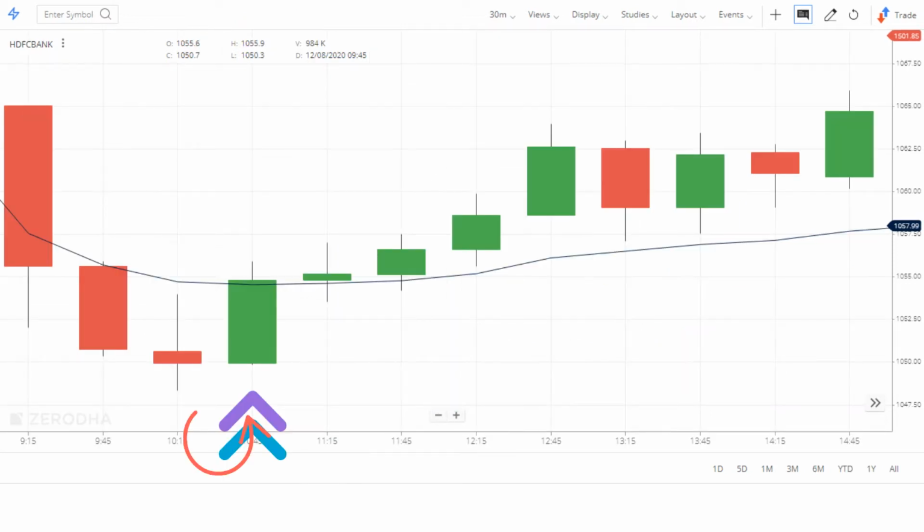The VWAP can also help a trader to gain insight into where the momentum is at a specific time frame. For example, assume a trader has taken a short position of a stock because there was a constant selling pressure and the stock is below the VWAP line. If the stock reverses and has a clean breakout above the VWAP, the trader should exit from the short position. The momentum has shifted to the buy side now.